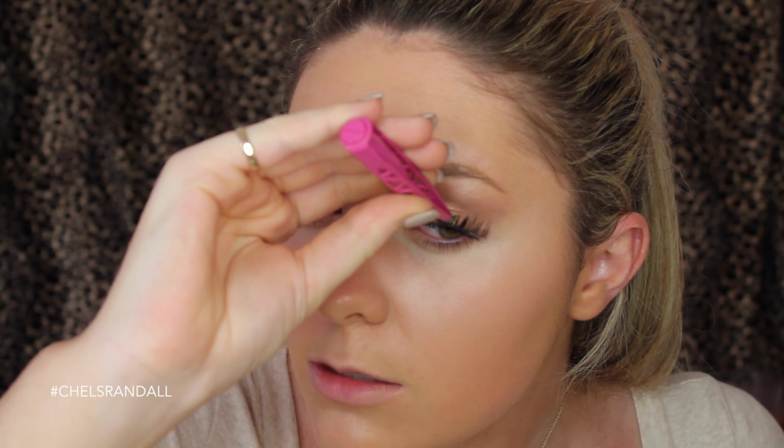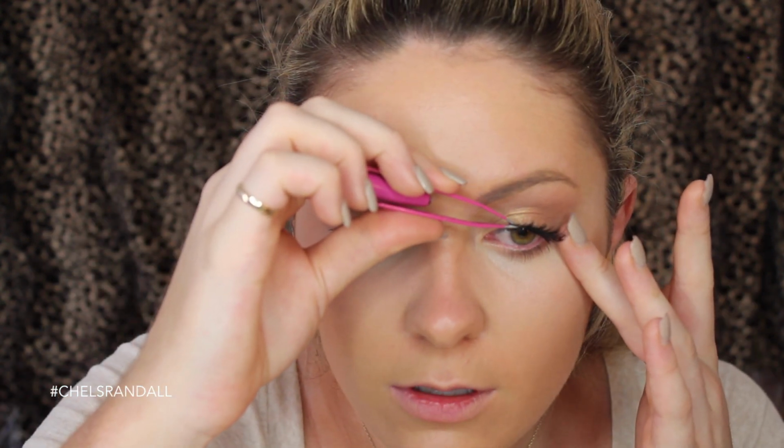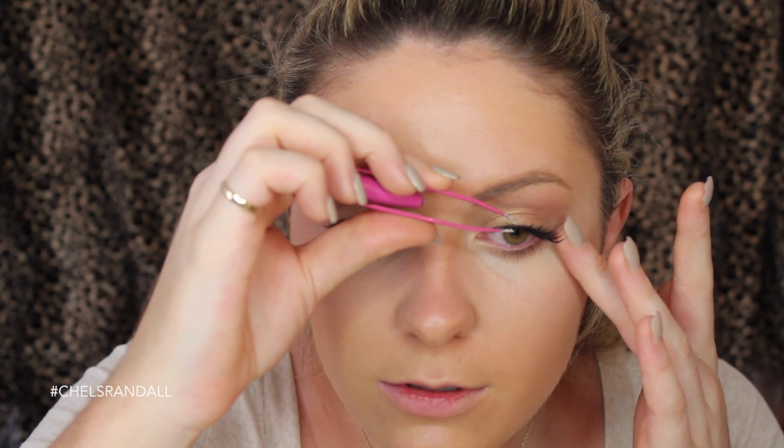Now you really just want that to set on the eyelashes for a little while. Once it starts going really pearlescent, that's when it's tacky, and that's when you should go in for the kill. Pop them on. Because we haven't done eyeliner, you want to come in from the top. I like to just let them chill for a little bit, find their own way, and then wiggle them into place. You'll look a little bit weird, but that's okay. And then you should just be able to